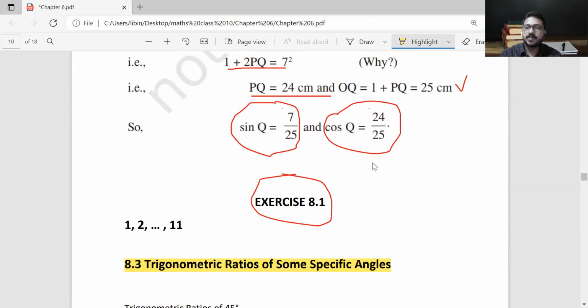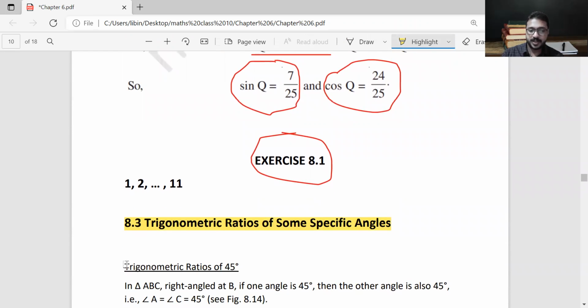Say for example, we will learn trigonometric ratios of 45 degree. What is the peculiarity of 45 degree? And we have to learn by heart the values of sine 45, cos 45, tan 45, sec, cosec, cot. Again, in the same process, we only need to learn by heart sine 45 and cos 45, because it is only from that sine 45 and cos 45 we can derive the tan 45 and the remaining reciprocals.